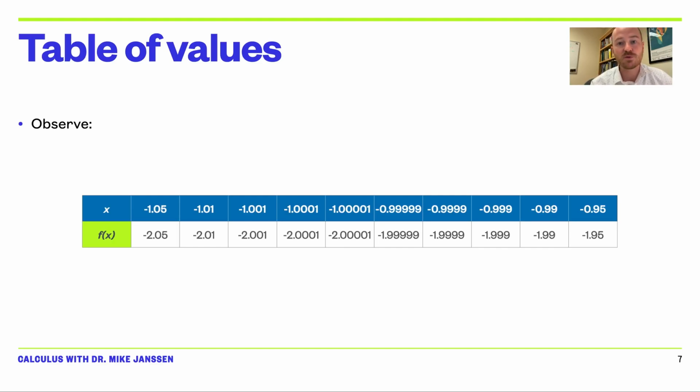we see that the resulting outputs of f of x, given those inputs for x, seem to be getting closer and closer to -2. So it appears that the limit as x approaches -1 of f of x is -2 by looking at the table of values. Again, this is nice. It gives us a clear picture in this case that it looks like it's approaching -2. But